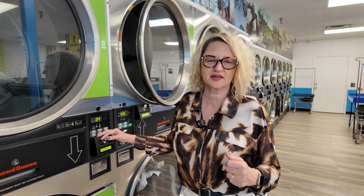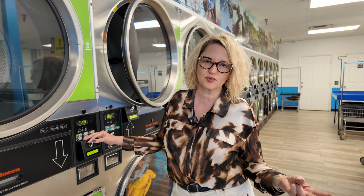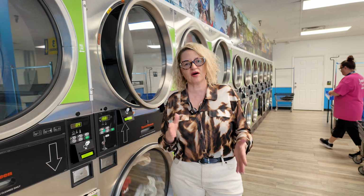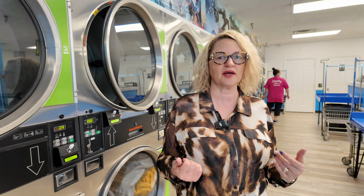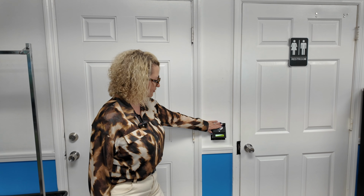We have a kiosk that for every $20 cash, you do get 2 free bucks. Unfortunately, we don't pass that along with the credit card because we are offsetting the fees that the credit card companies are incurring. One of our additional features we've added in each of our laundromats are readers so that if